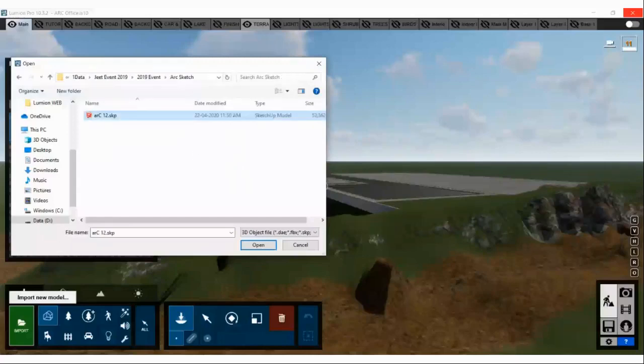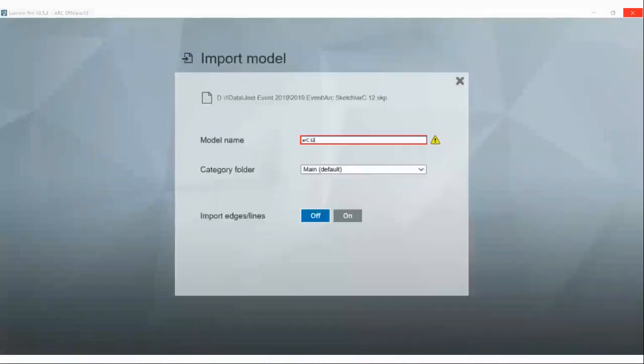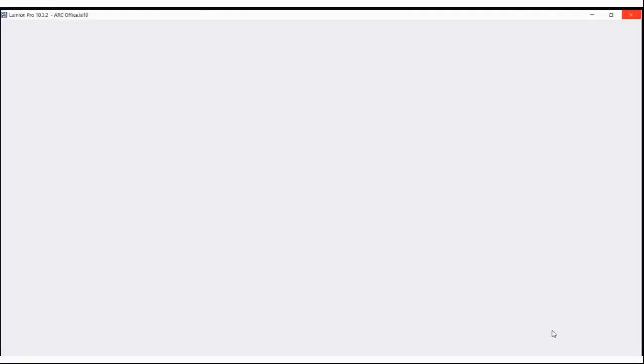Okay, so this is my SketchUp file. Just to inform you guys that in the latest version, you can directly import the 2020 version of the SketchUp file. So you don't have to convert it into the Collada file or any other format. You can directly import .skp format. So I'm doing it right away. It's just taking a few seconds